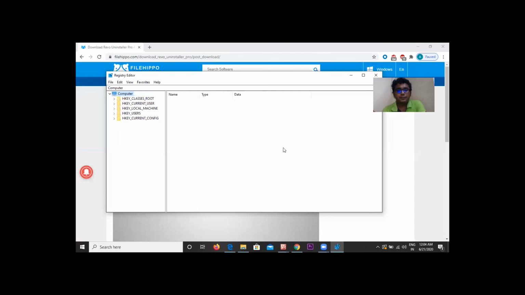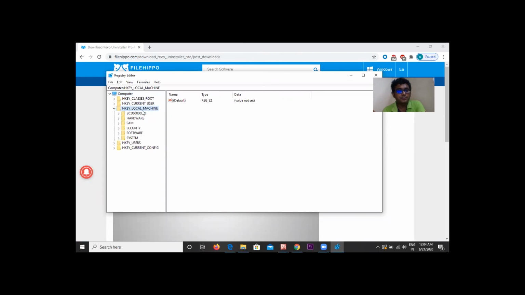You can see this window. And on the left hand side, you can see 5 options. Out of the 5 options, you need to go to the third option, which says HKEY_LOCAL_MACHINE.